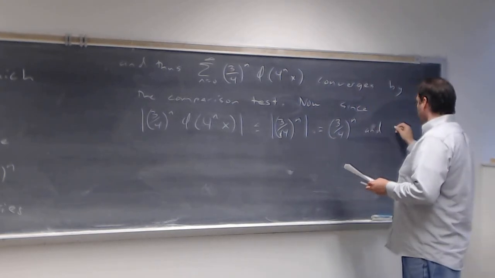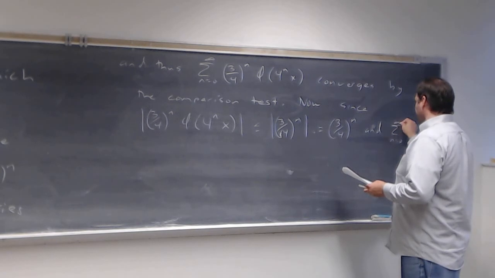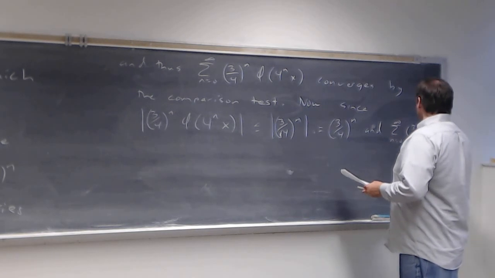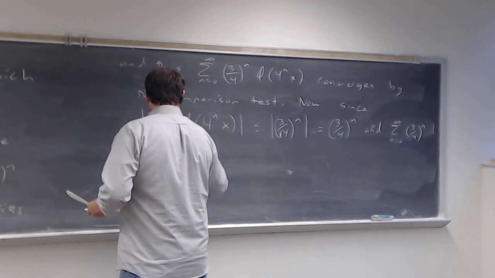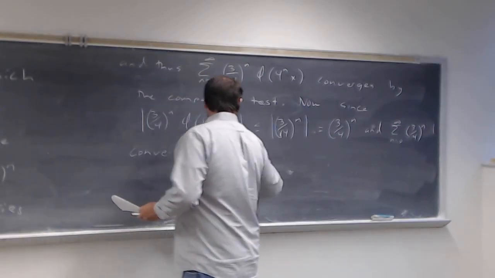And the sum as n runs from 0 to infinity of (3/4) to the n converges, because it's a geometric series. Then by a previous theorem,